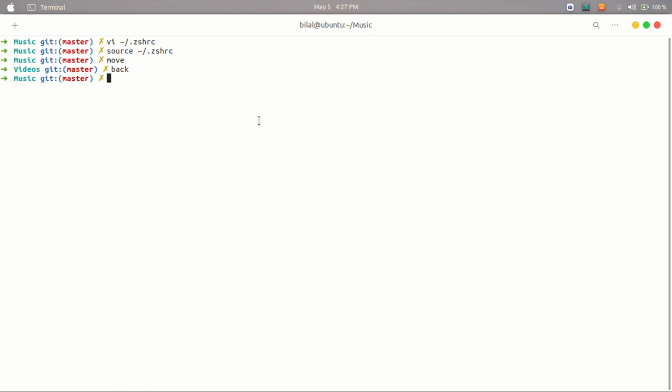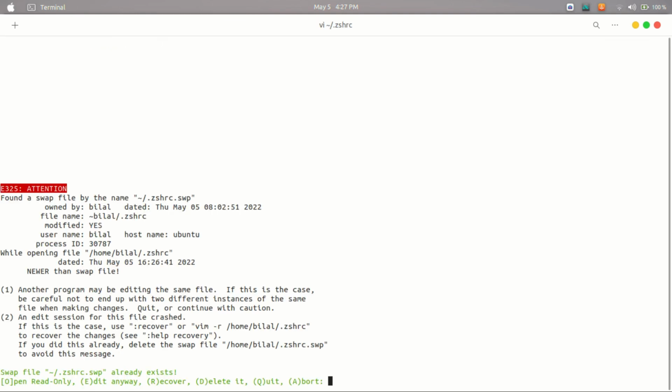Alright. So this is the functionality of how you can use the commands in a file. So let's analyze these commands, unalias and then move. Similarly, unalias back, and after that remove the files, remove the data from the files. So let's write vi zshrc, and then